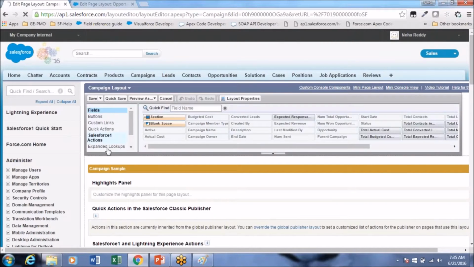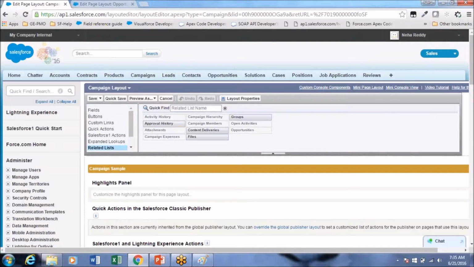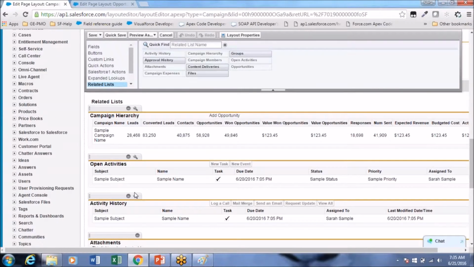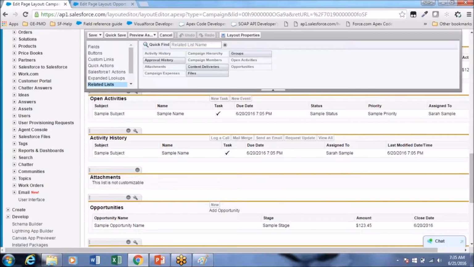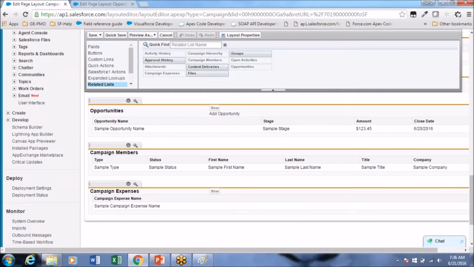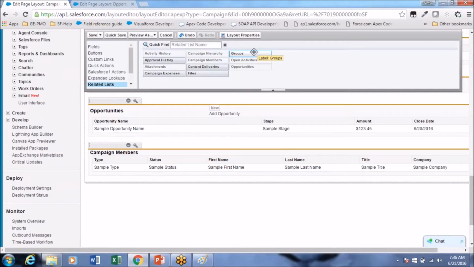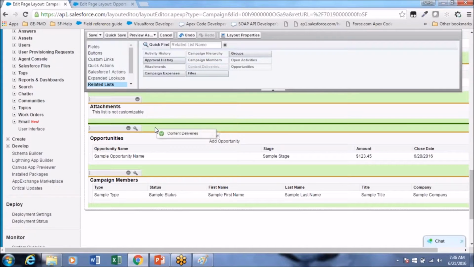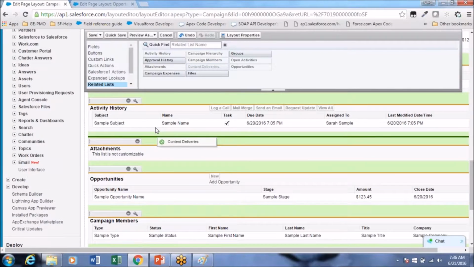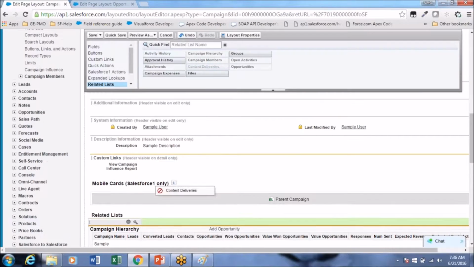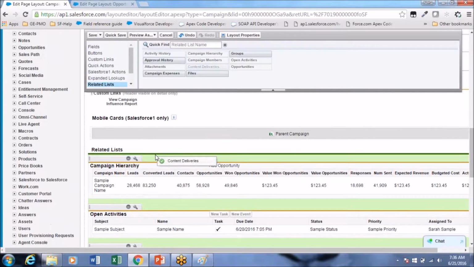So here we have the related lists. I just don't want to see this campaign expenses, so I'm just dragging and dropping here. And I want to have a view of content delivery. So I can drag it here and drop it wherever I want, on the top or down or in the middle of the related list section.